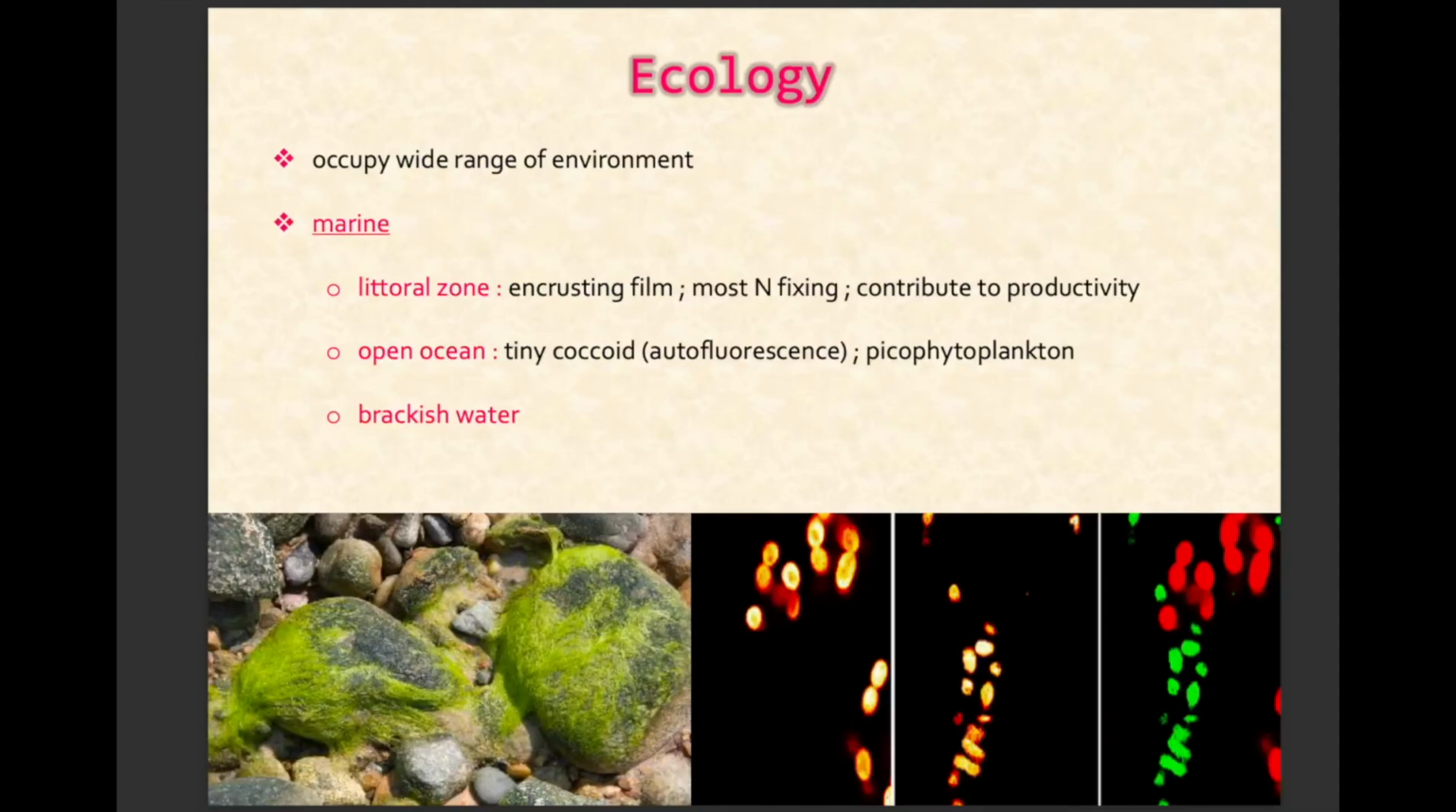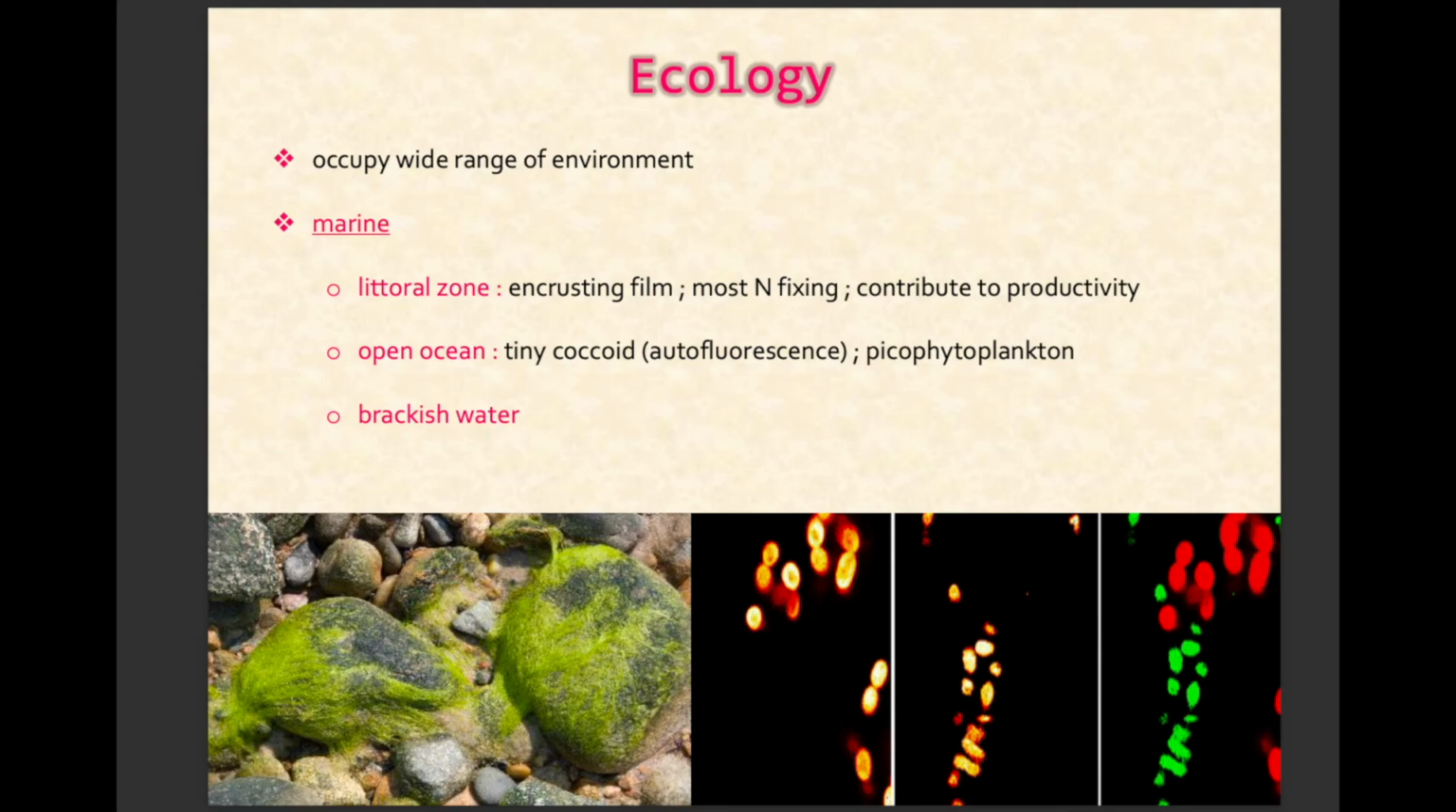Now, moving on to the last portion of our lecture, we have the ecology of your organism. In terms of ecology, cyanobacteria occupy a very wide range of environments, but most of them perform one major role in the ecosystem, in the aquatic environment. They are the primary producers in most environments. So in marine